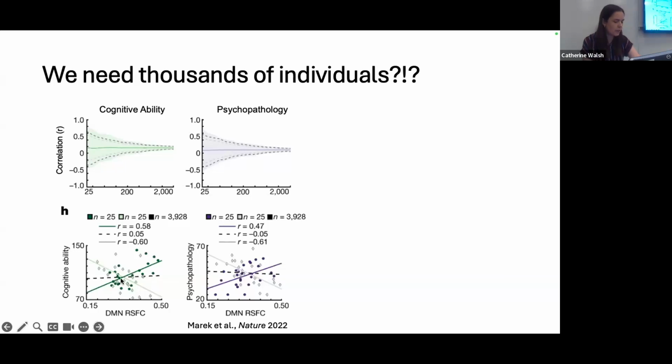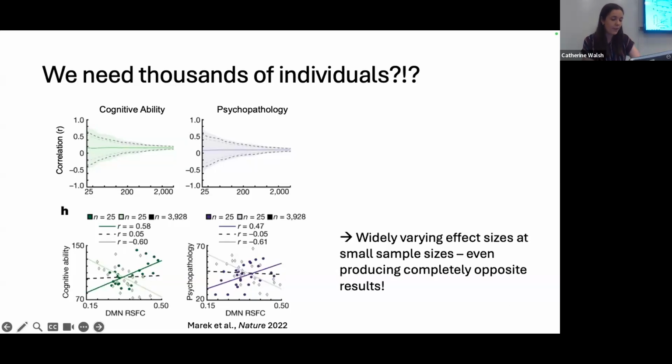this dotted line is the correlation in the whole sample with almost 4,000 participants. There is no relationship. So this really underscores that there are widely varying effects at small sample sizes, which can produce completely opposite results. So this was